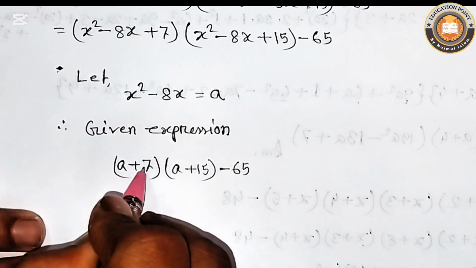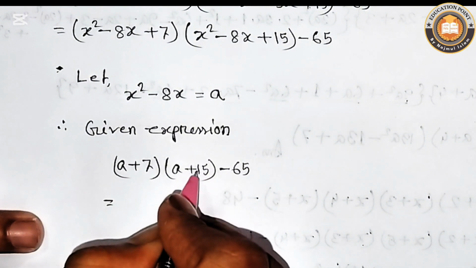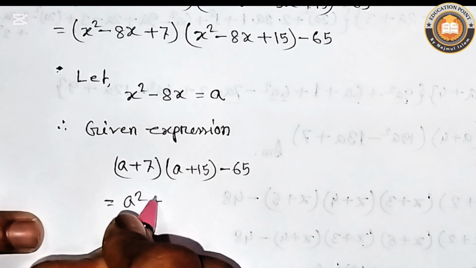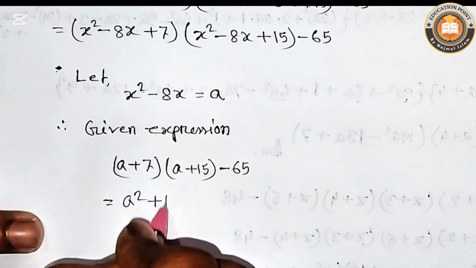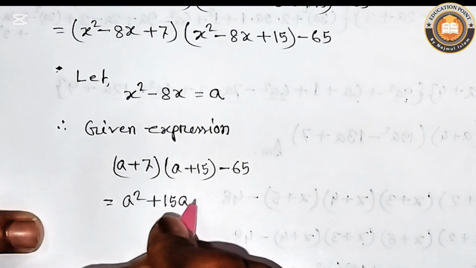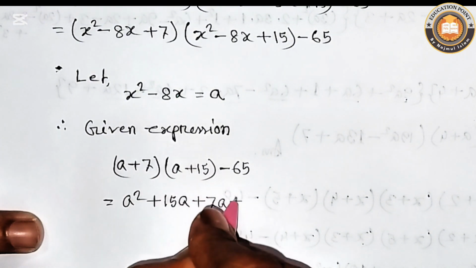Now a plus 7 multiply with a plus 15. At first, a multiply with a plus 15. a multiply with a, that means a square, plus a multiply with 15, 15a, then plus 7 multiply with a, that means plus 7a, plus multiply plus